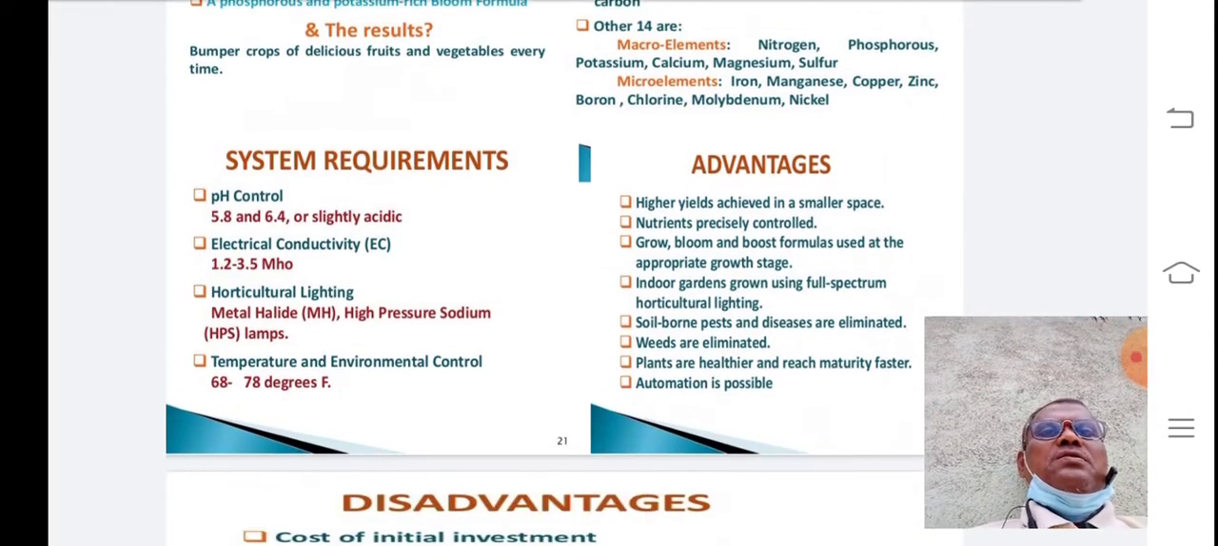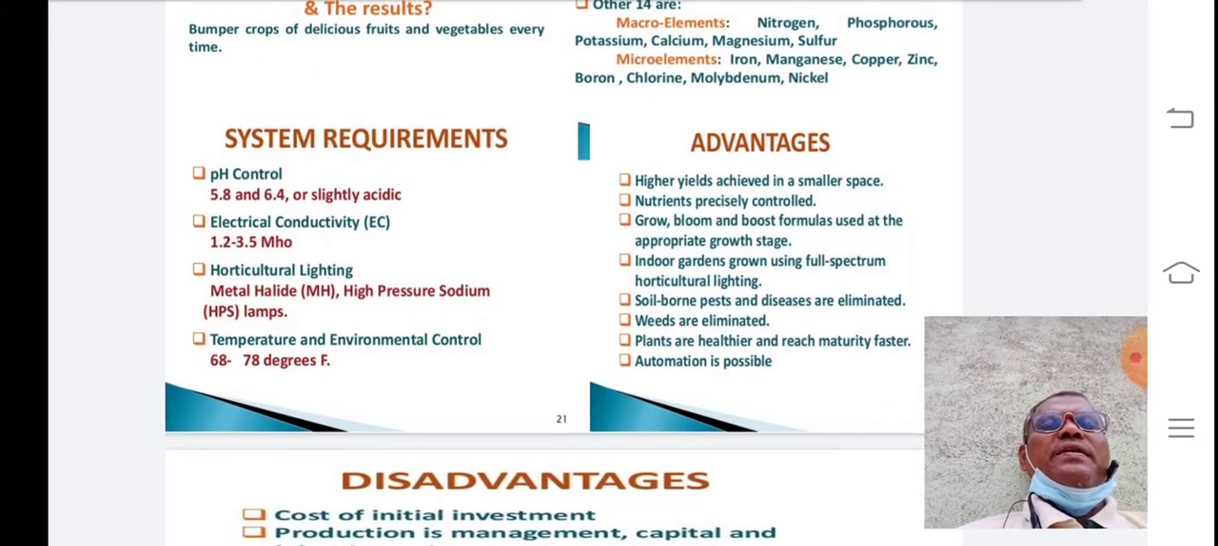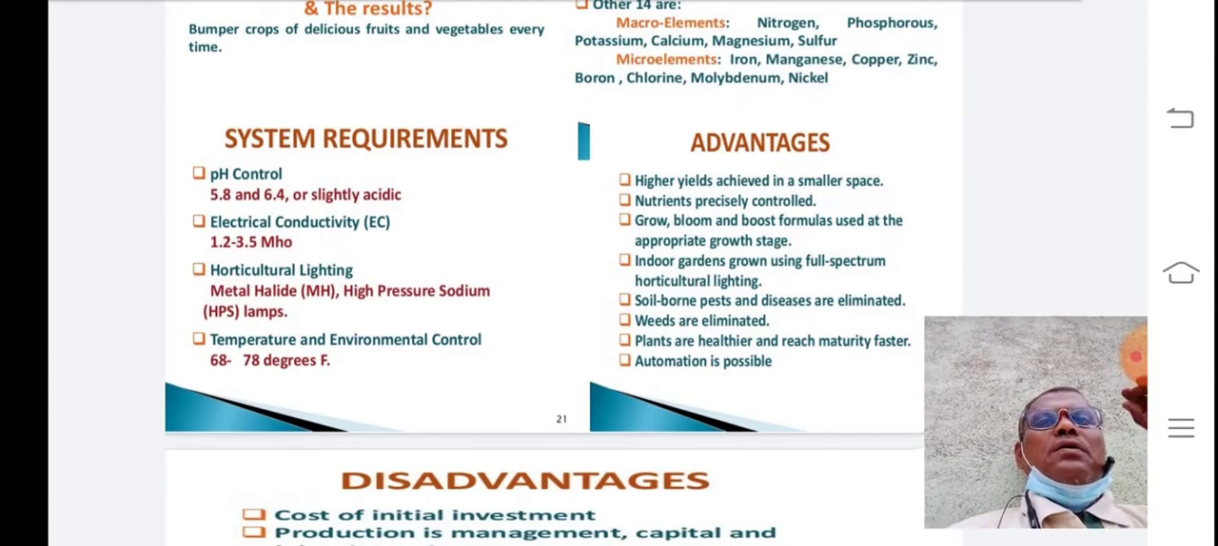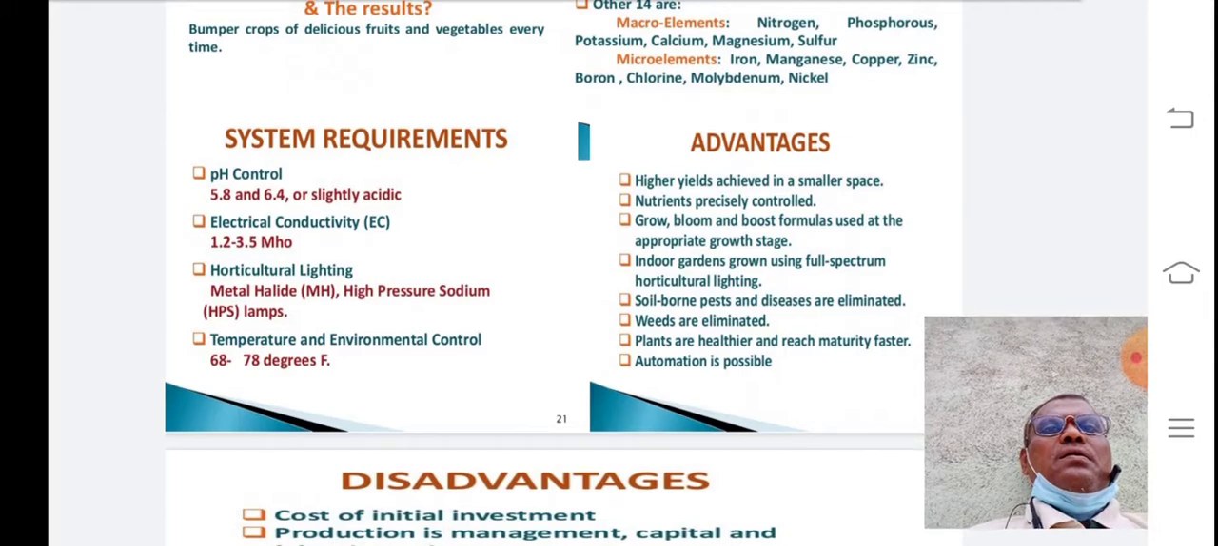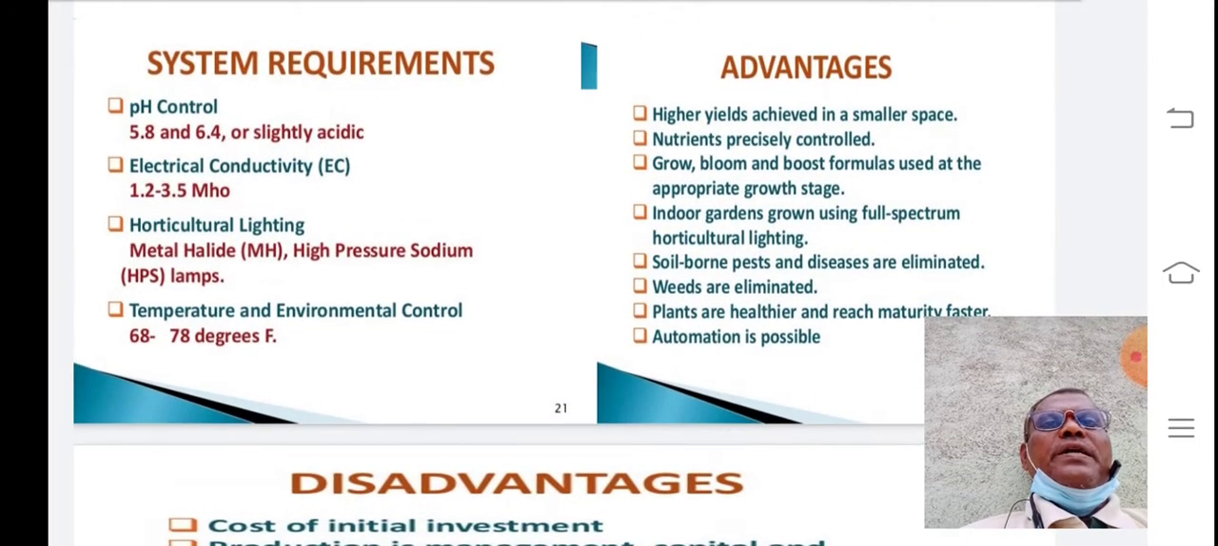The pH generally required is 5.8 to 6.4 for this technique. Electrical conductivity, EC, is 1.2 to 3.3 megahertz, right? Then ohm, mega ohm. Then horticultural lighting: metal halide MH and high pressure sodium HPS lamps are to be used for this one. Temperature and environmental control: